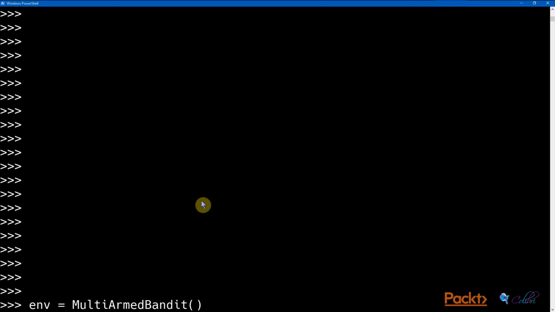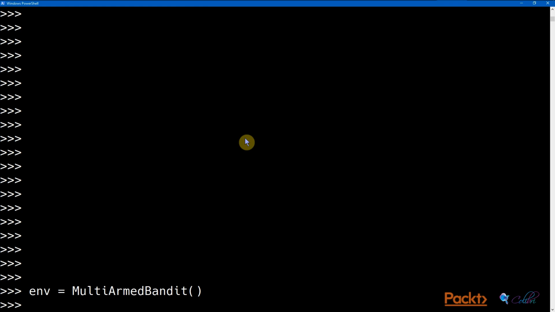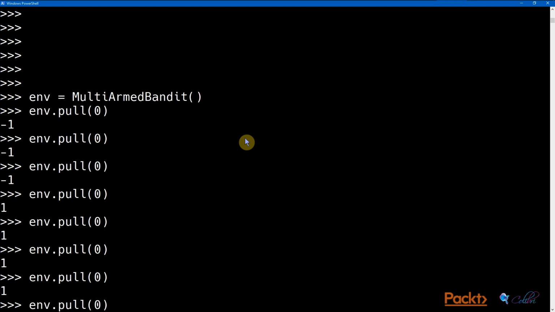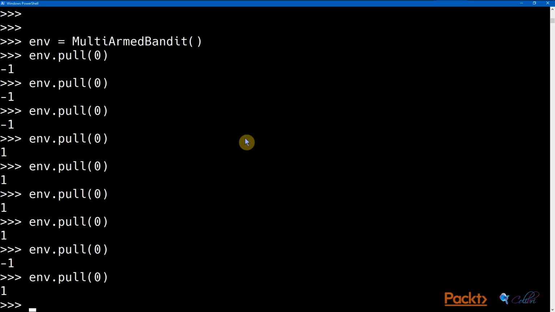We're now back at our terminal in our Python environment where I have loaded the script from before, and let's initialize one of the multi-arm bandit environments, and then let's try to pull a random arm. Let's say the first arm, and then we'll pull it again. As expected, sometimes the reward for pulling the first arm is -1, and sometimes the reward for pulling the second